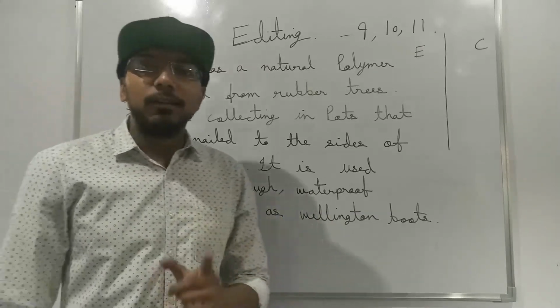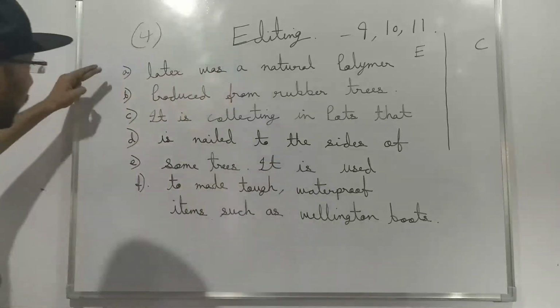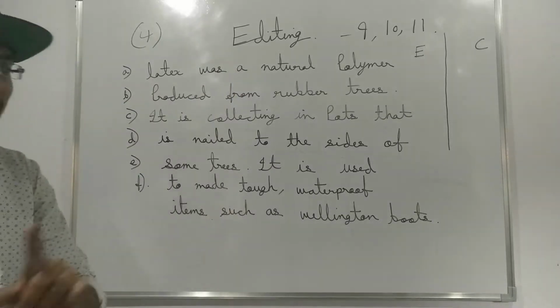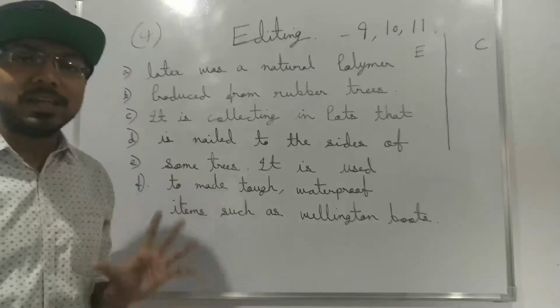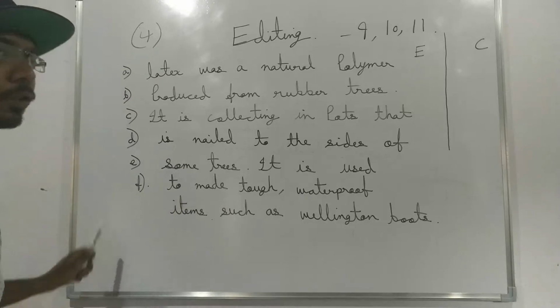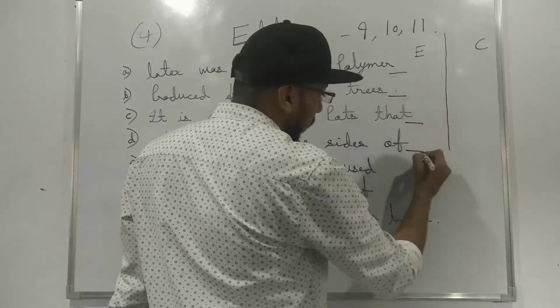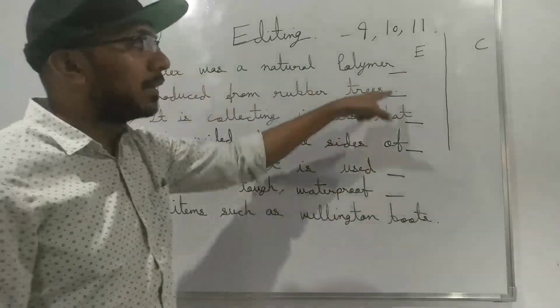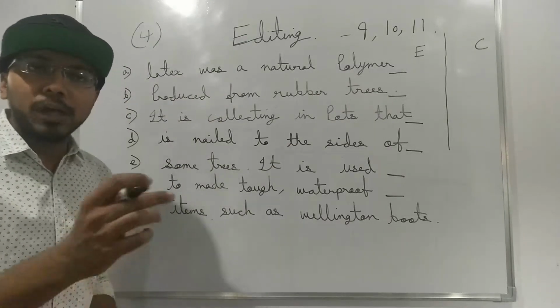Each line which will contain an error will be marked with an alphabet. Like here A, B, C, D, E, F. These 6 lines contain error. The last line is not marked. That means it is not having any error in it. All the lines which will be marked will be having a blank in front of them in your question paper. This blank denotes that these lines contain error. Now let's see how you have to track it.